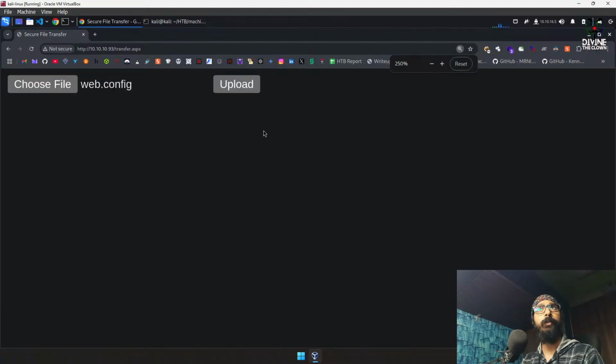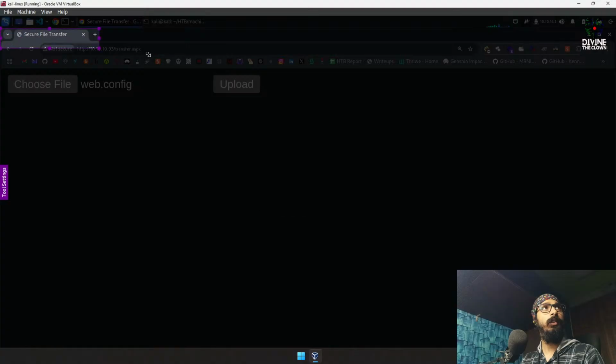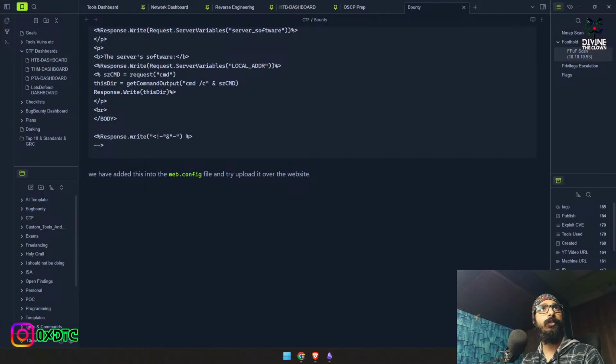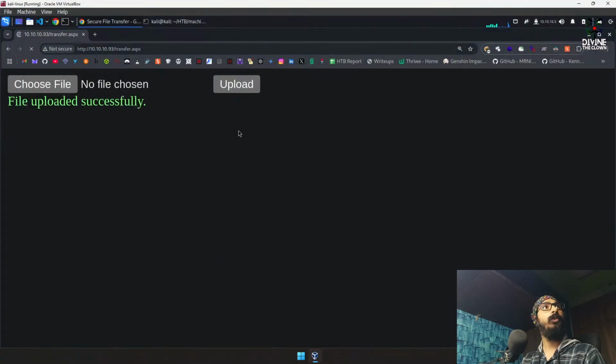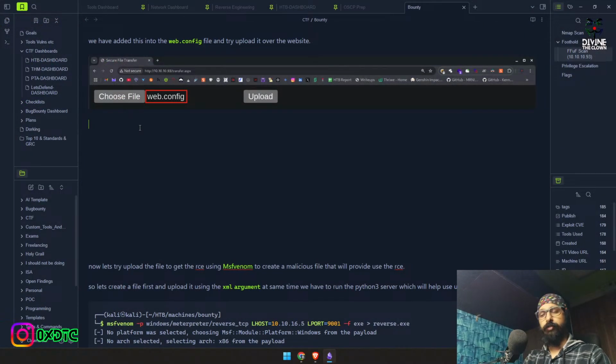Let's zoom in a bit. We'll take the screenshot for our POC and add it here. Upload. And it has been successfully uploaded over the website. Now let's try to access the endpoint,